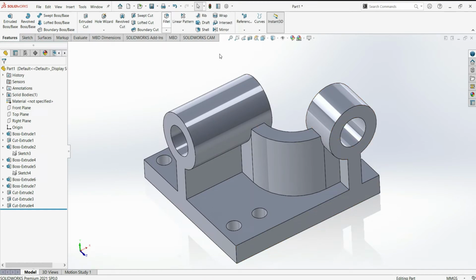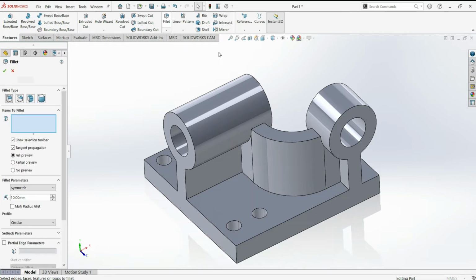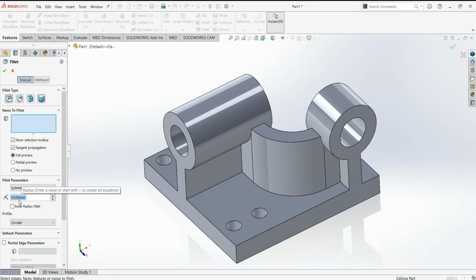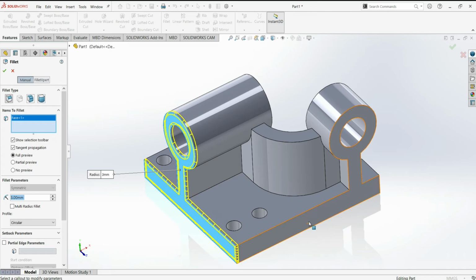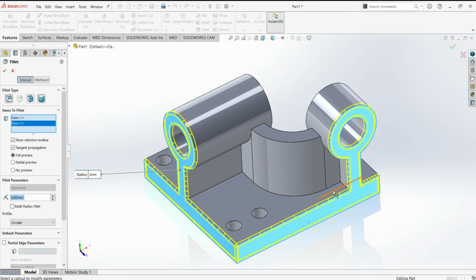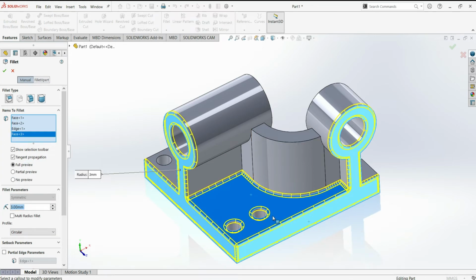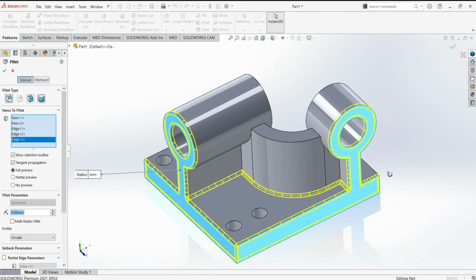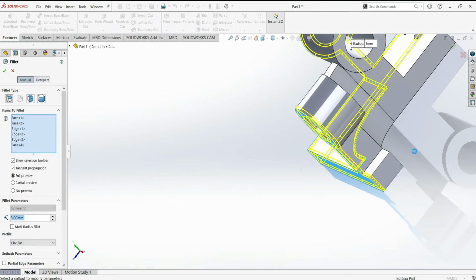Now let's proceed to our fillets. So I will select fillet, give it a distance of 3 mm and select these edges. So I will select this face, this edge, not this whole surface, not this whole face. Let's delete it, select this edge also and select this edge.